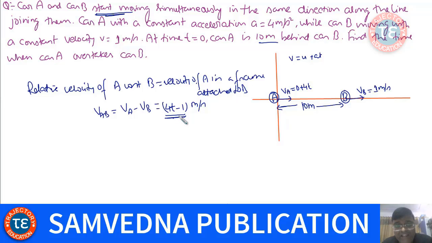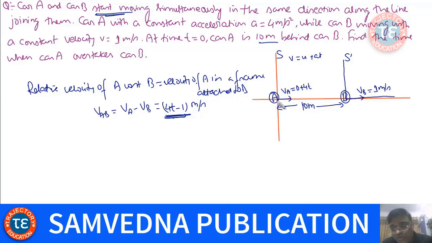This is the relative velocity of A with respect to B at time t. If I take a frame attached to B, suppose this is the S frame and this is the S dash frame. So if I take a frame attached to B, in this frame the velocity of A is going to be this at time t,